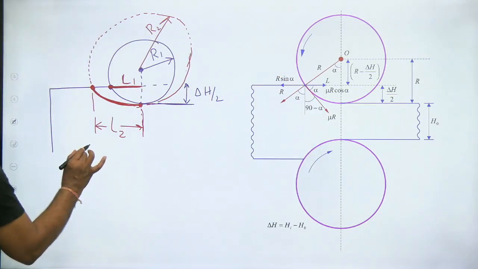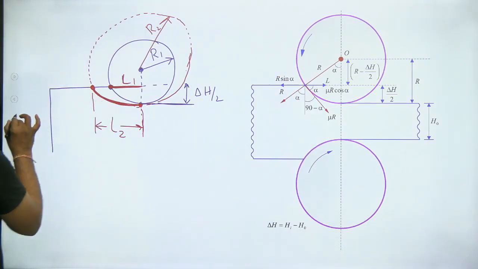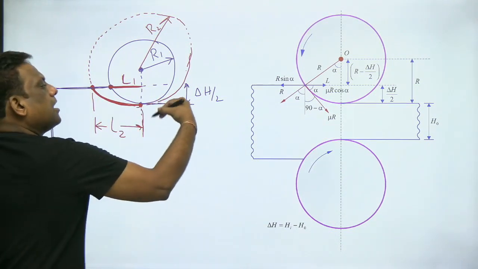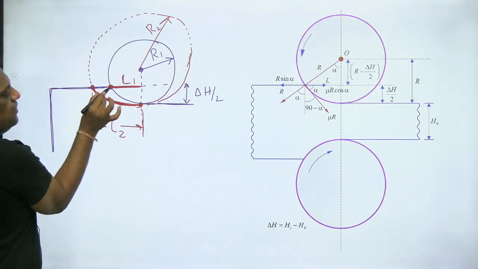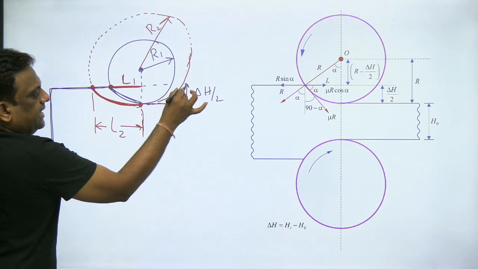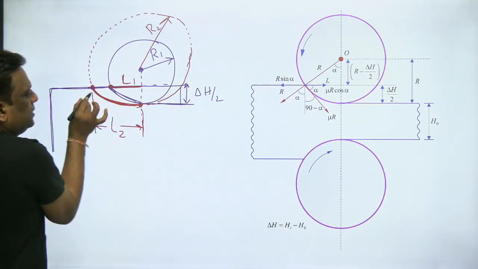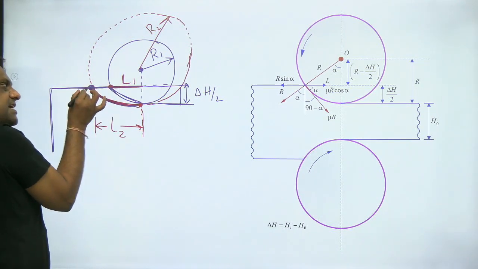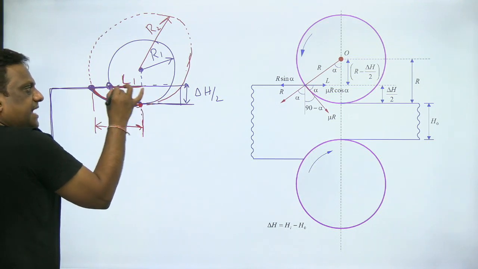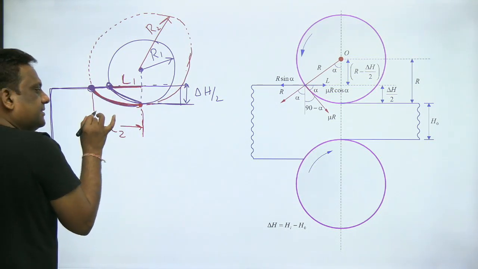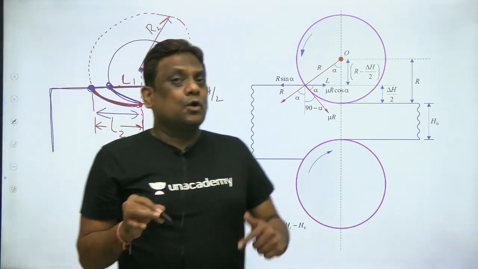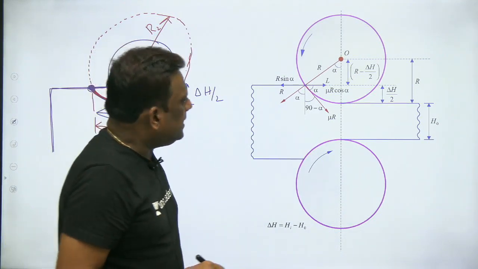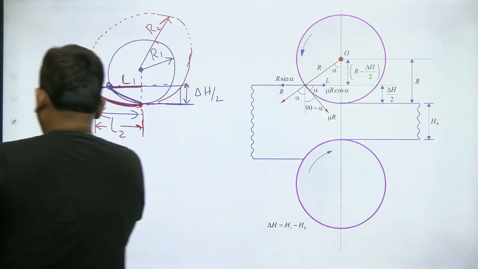Okay, chalo. So now I can write, look, in the first case, and please understand carefully, in every case we are reducing, my delta H is the same, meaning on this side half, on this side half. In both cases, in the first case we are reducing it by delta H by 2, and in the second case also by delta H by 2, from here to here, from here to here. But the contact is starting here. In the first case the contact is from here to here, this is L1, and in the second case the contact starts from here, and this is my L2. So with an increase in roll radius, the contact length is increasing. I have given you the equation also. Chalo, let's proceed further, my dear students, without any difficulty.